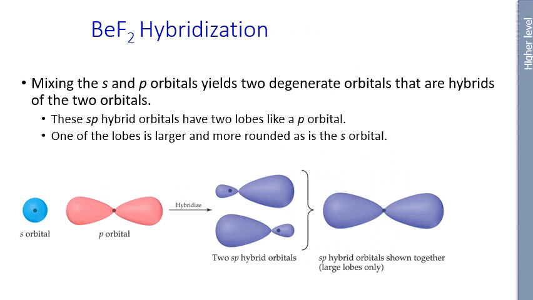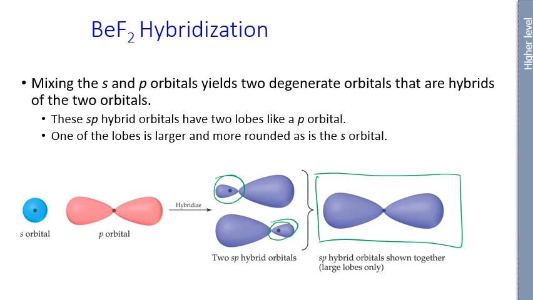And if we mix the s and p orbitals of the beryllium atom, it yields two degenerate orbitals that are hybrids of these two orbitals. So these sp hybrid orbitals have two lobes like a p orbital. One lobe, of course, is larger and more rounded, as this is the s orbital. And the sp hybrid orbital is basically shown as this particular shape because we don't really worry about these smaller